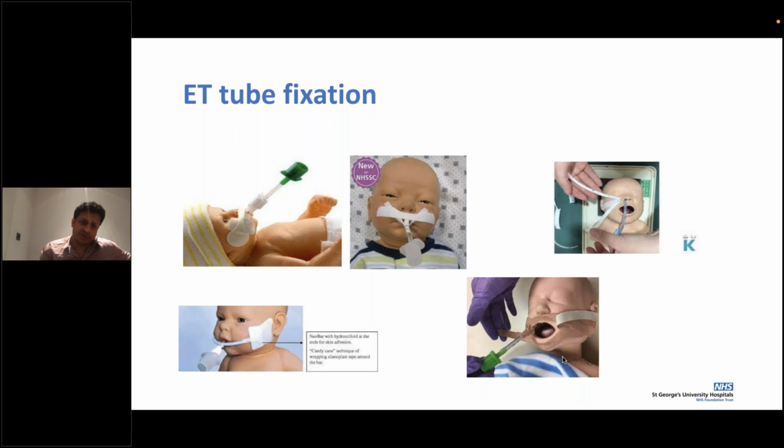Fixing, there are a number of ways, so different units will have different practice. What is important is that you get a feel for how the ET tube is fixed when you start on the neonatal unit. The fixing is quite confusing. Quite often a hat is used in most neonatal units. There are units who don't use a hat at all, which is again good. It's safer for the ear, there's no tight pressure around the ear, and it's easier to monitor pressure sores. But all in all, try and make sure you are familiar with how the unit's endotracheal tube is fixed.